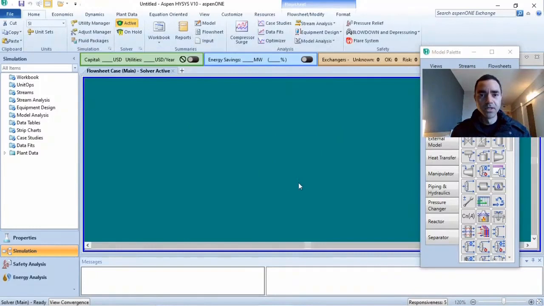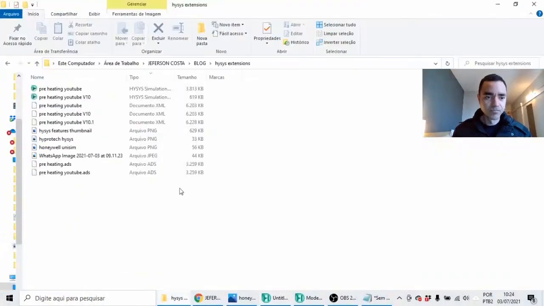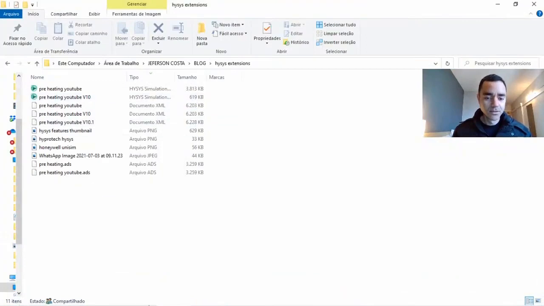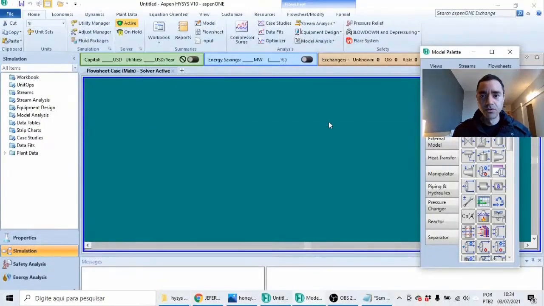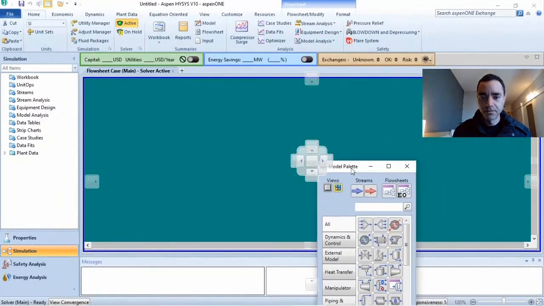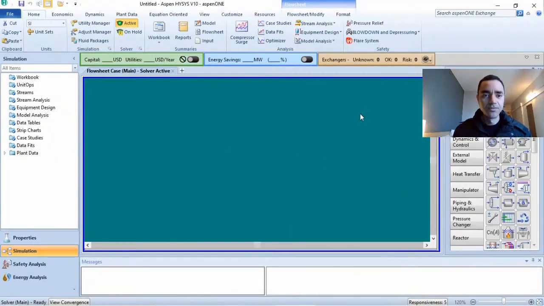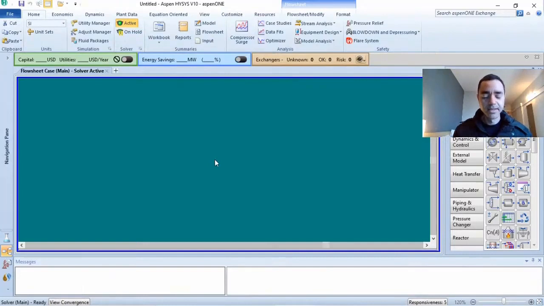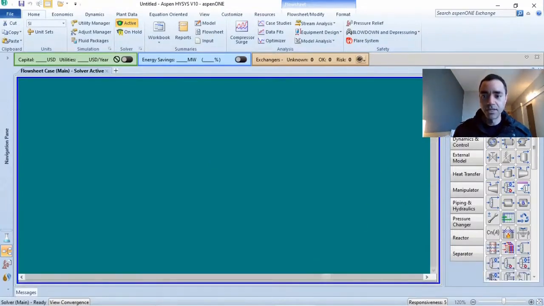So now I'm working with this file, and I want to return to the previous file. I want to return to the pre-written YouTube file. So how am I able to do that? There are no tabs here where I can do a quick shifting. So what you need to do in this case, and in my previous years using Aspen Hysys, I got